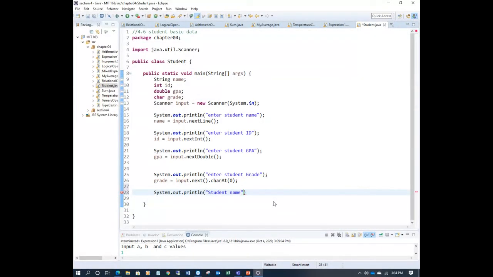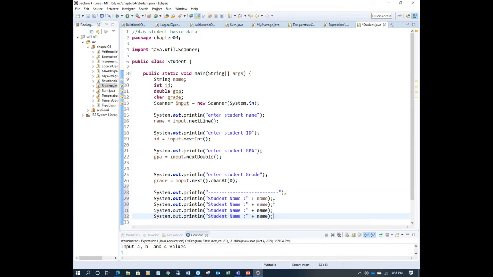student name. Before you print, just give me some dash line, some separator, right? Just for designing purpose. Okay. So here you can say control V. This is the name. And just student name. I just remove this stuff. Okay.